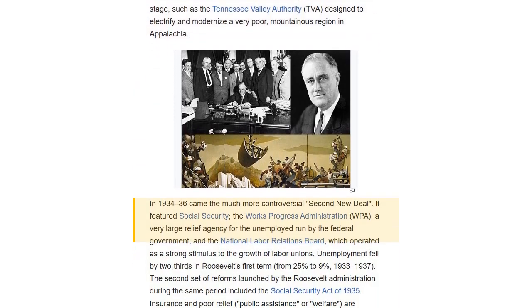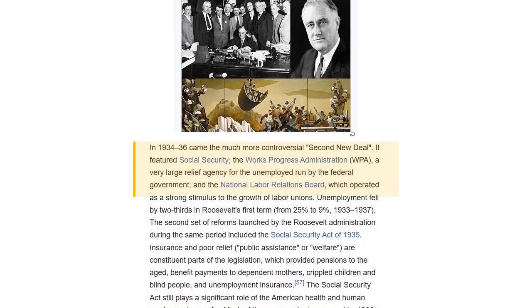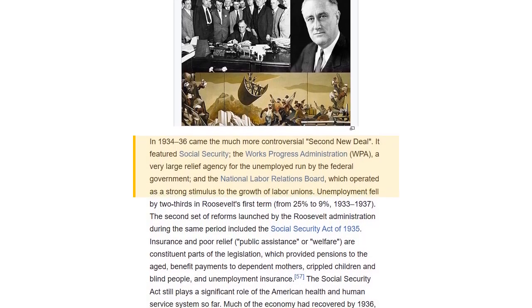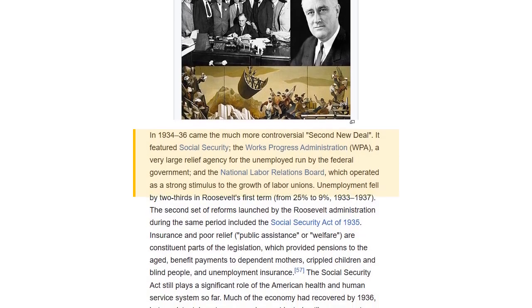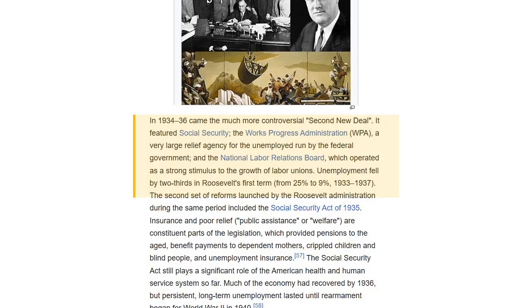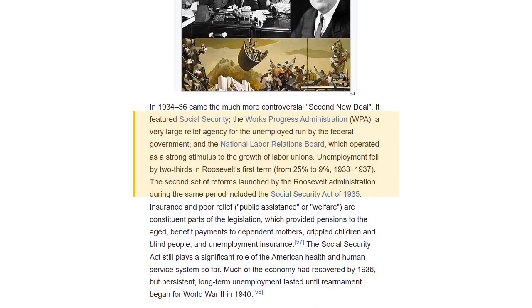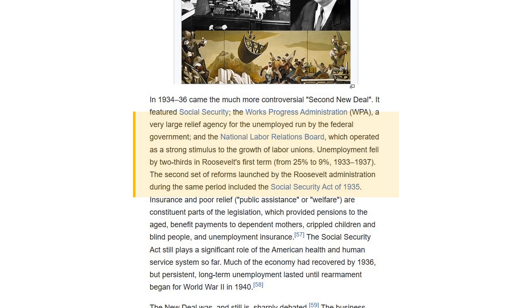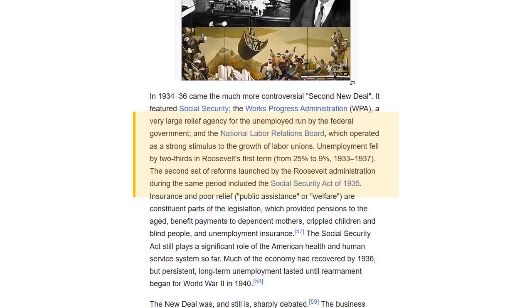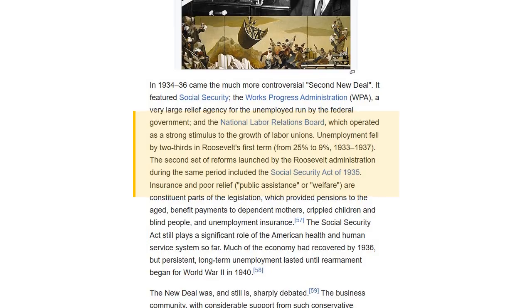In 1934-36 came the much more controversial Second New Deal. It featured Social Security, the Works Progress Administration, WPA, a very large relief agency for the unemployed run by the federal government, and the National Labor Relations Board, which operated as a strong stimulus to the growth of labor unions. Unemployment fell by 2/3 in Roosevelt's first term, from 25% to 9%,